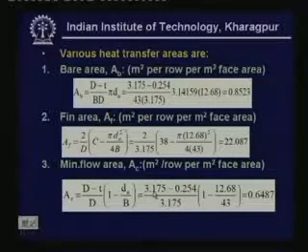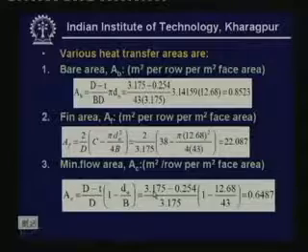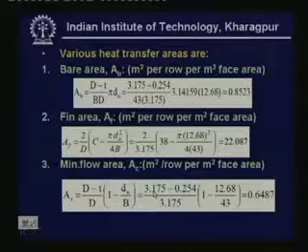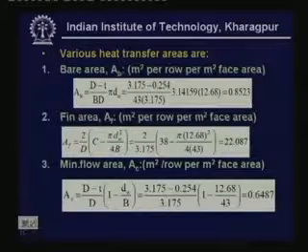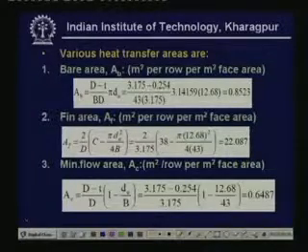Now the first thing we do here is find out the various heat transfer areas. All these areas have been defined in the last lecture, so you can refer to the last lecture for these formulae. I am just giving the formula here. First is the bare tube area, AB,